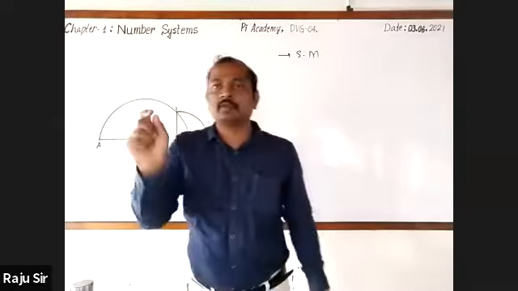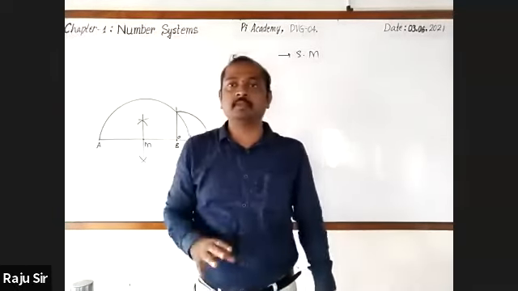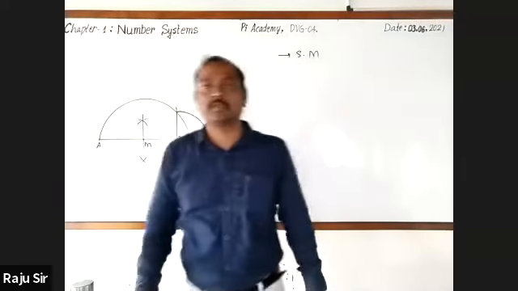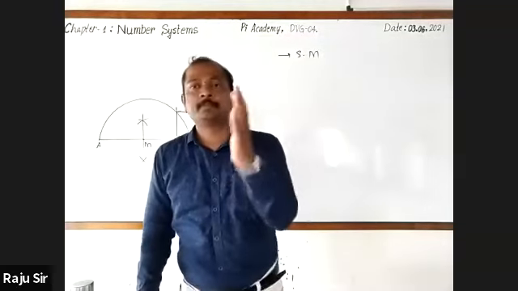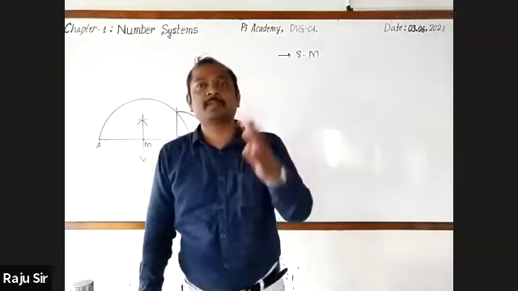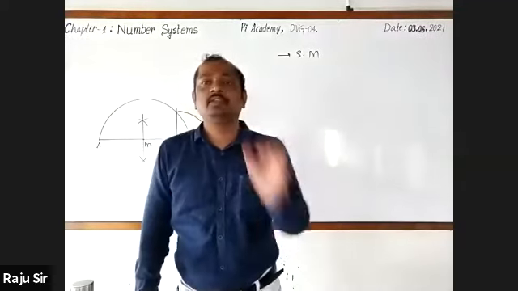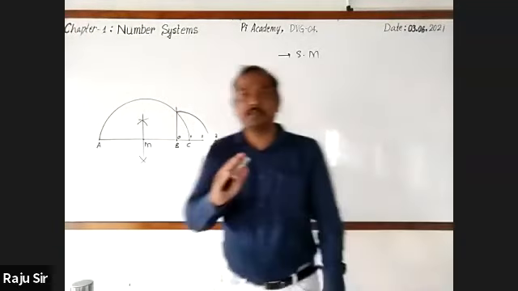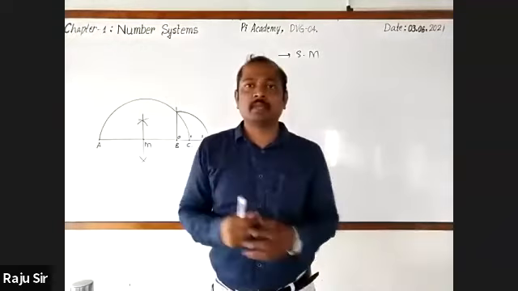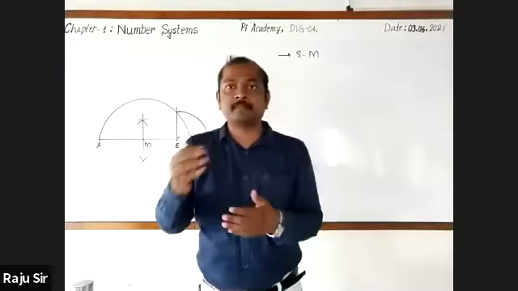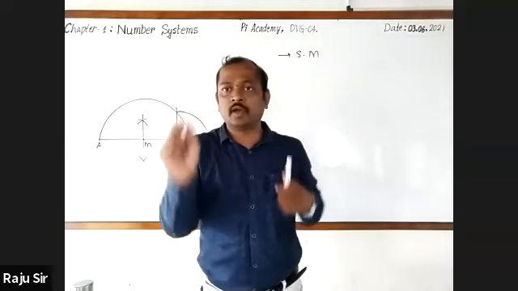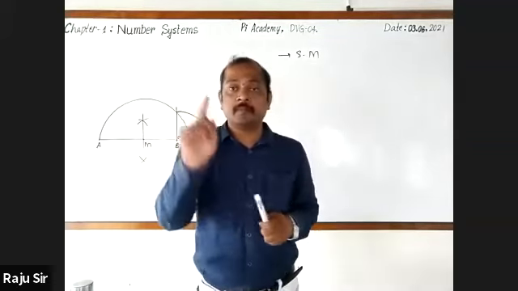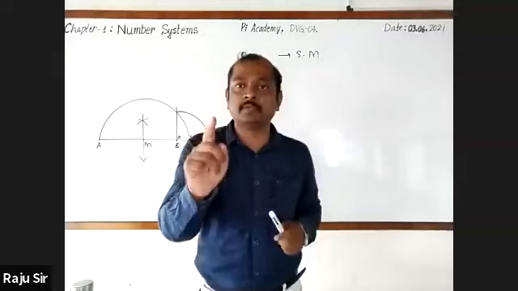We will go for representing decimal numbers on the number line by using a magnifying glass. This is what we say, the successive magnification. And the actual definition is: the process of visualization of the representation of numbers on the number line using magnifying glass is known as successive magnification, right? And in successive magnification, we will also go for representing the non-terminating recurring decimal expansions as well. But there we will go for taking the countable number of digits in the decimal part.